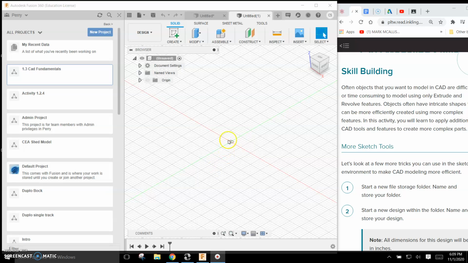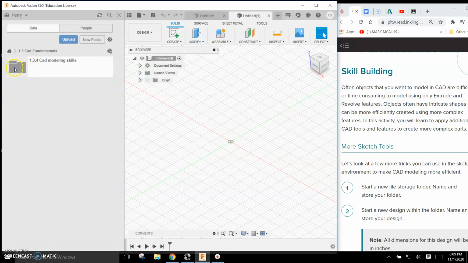Okay guys, I'm going to do activity 1.3.4, which is CAD modeling skills. I already have a project called 1.3 CAD Fundamentals, and inside of that I have created a new folder using new folder that's called 1.3.4 CAD modeling skills. And now I'm going to go ahead and start a new